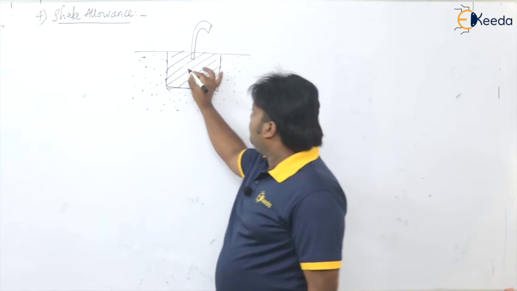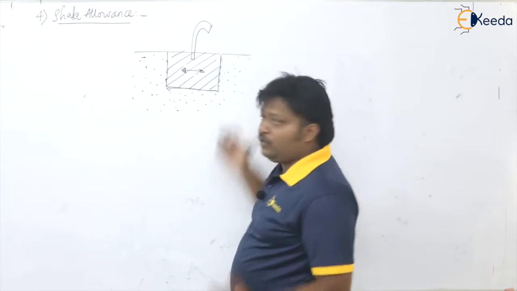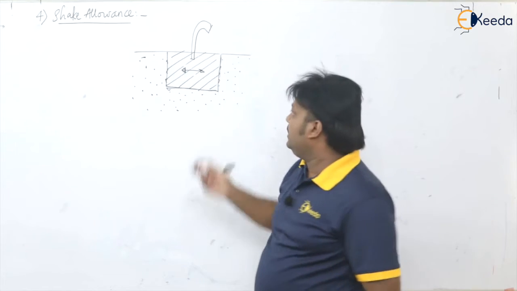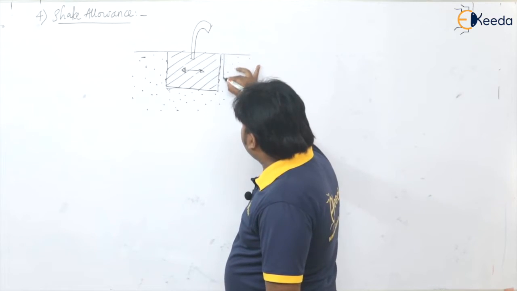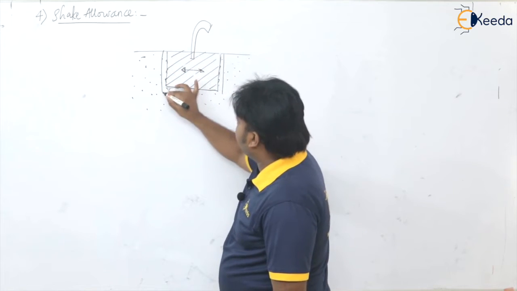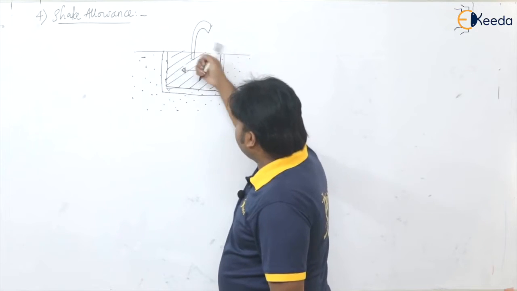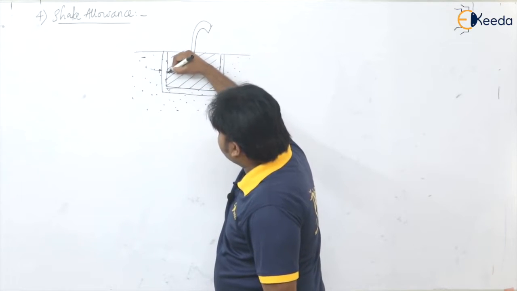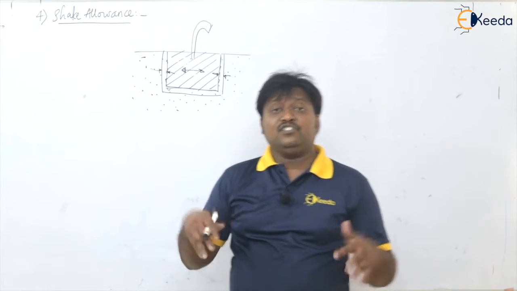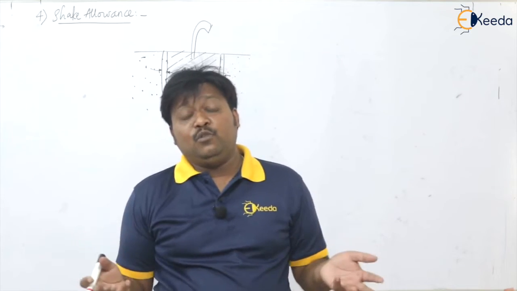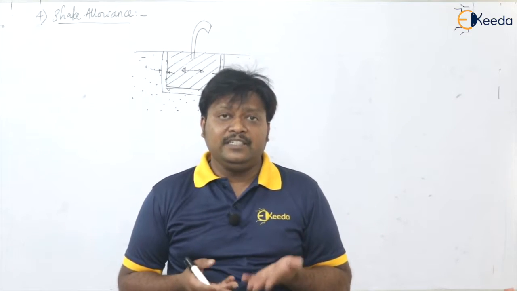But what happens is that because of this shaking of the pattern, this mold cavity, if you talk about green sand molding, is soft and easily deformed. So because of this shaking, there will be an enlargement in the mold cavity. Enlargement of the cavity definitely changes the size of the mold cavity, and if the mold cavity size changes, the casting size is going to change, and that is not allowed actually, isn't it?